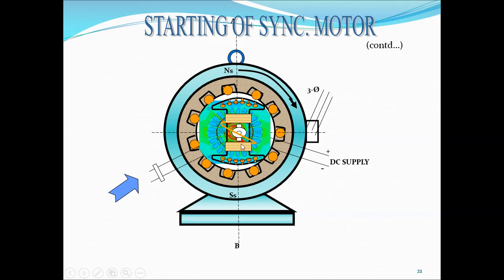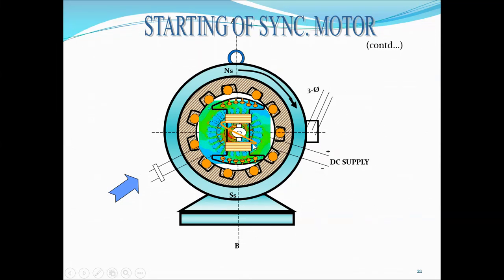First, this arrow shows some external element is connected to the shaft. The shaft is rotated with synchronous speed. When it is rotating at synchronous speed, magnetic locking will occur between the stator poles and the rotor poles, and it starts rotating at synchronous speed. This is a beautiful picture showing the rotation of the rotor. So after getting the magnetic locking, it starts rotating.